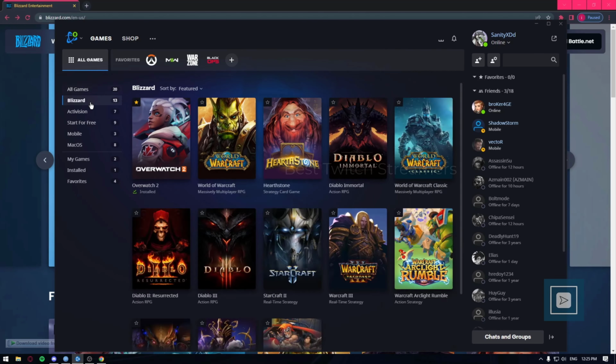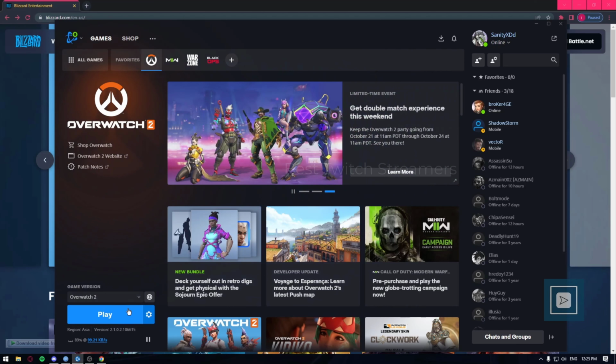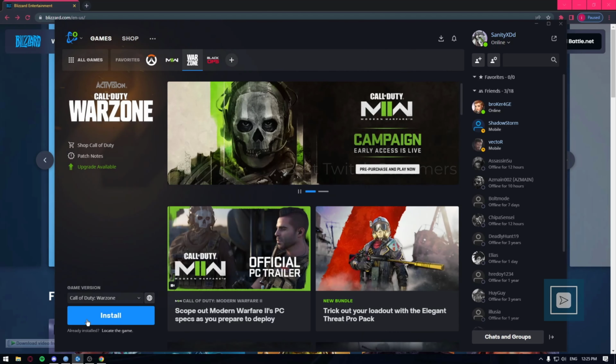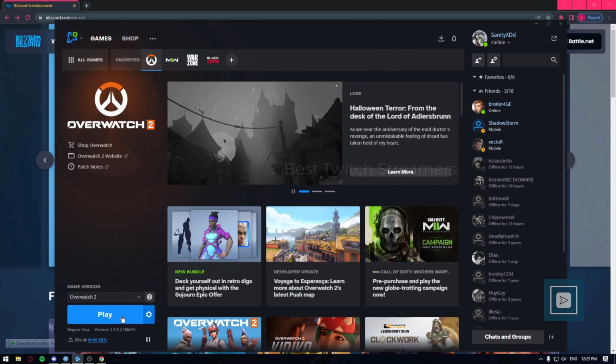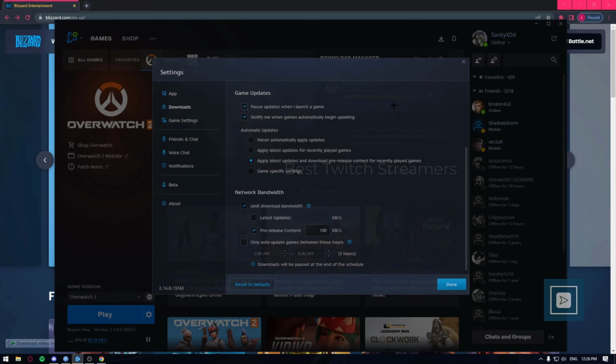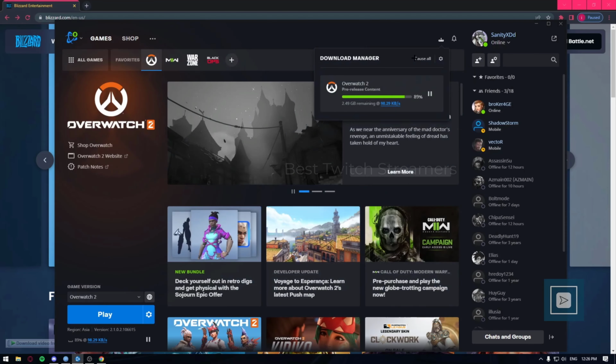So after that, just click on it, and then over here I've got the play option, but normally you have an option like this, install. So what you want to do is just press on install and let the game download, and then you can just play it. Now obviously I am having an update download right now, and that speed is horrible, but yeah,